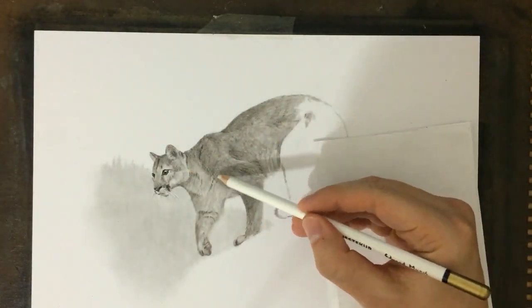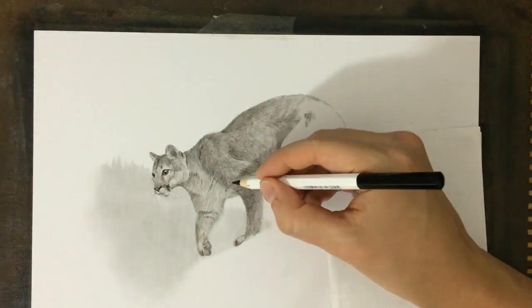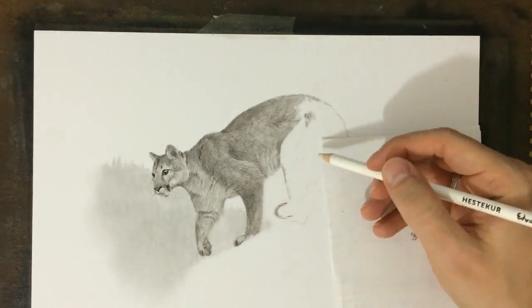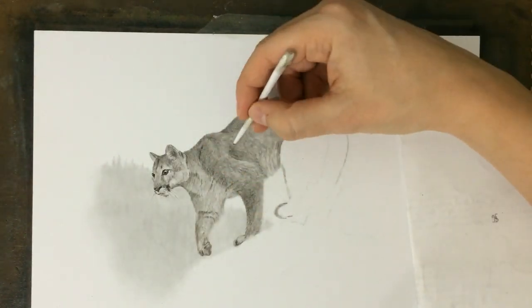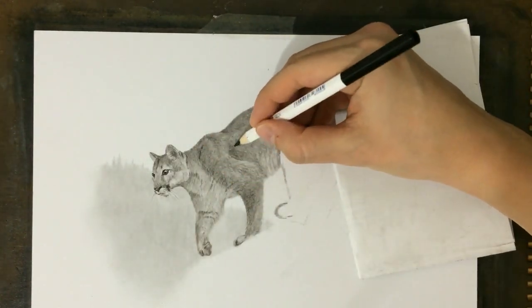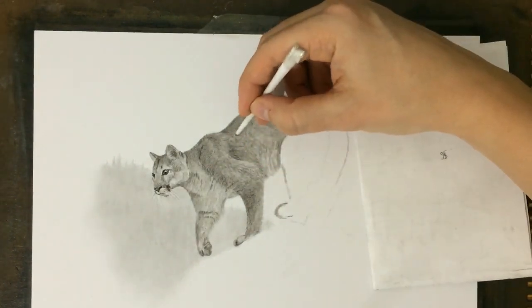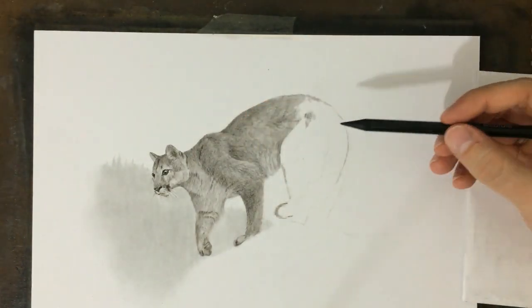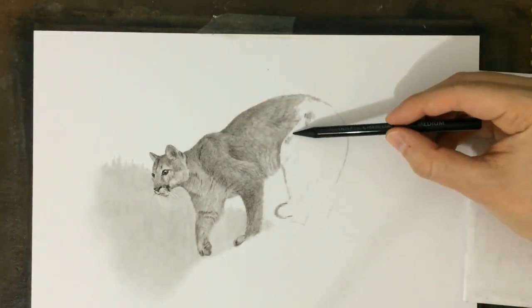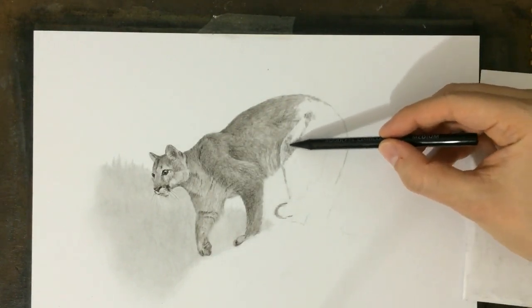Here, as you can see, I'm trying to refine those folds in the fur, and you can see that just by adding some of these darker areas and drawing a few highlights here and there, you can make the fur look a lot fuller and a lot more realistic. Now I have to move on to the hind legs, and this part was a little bit tricky